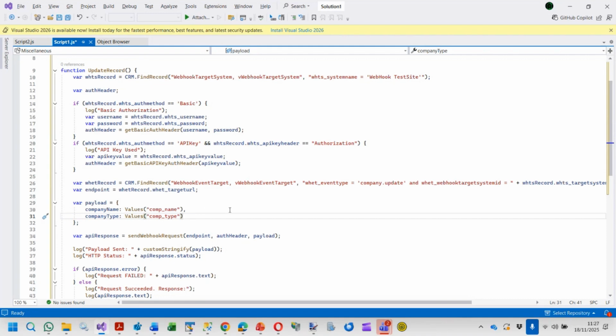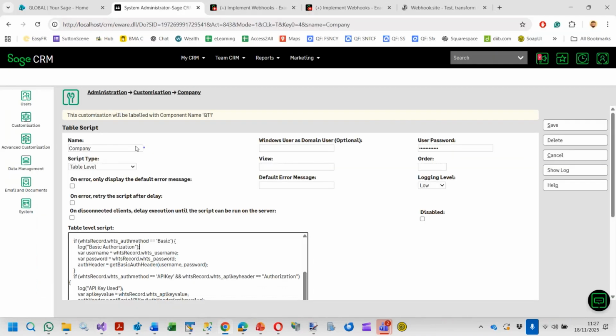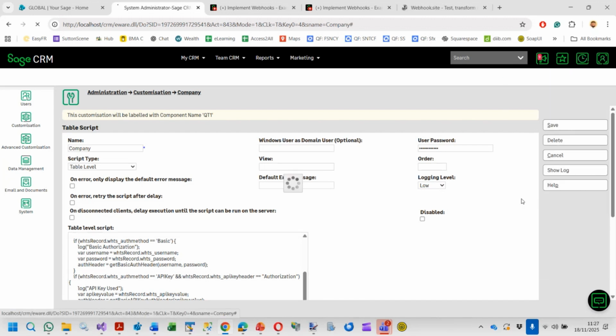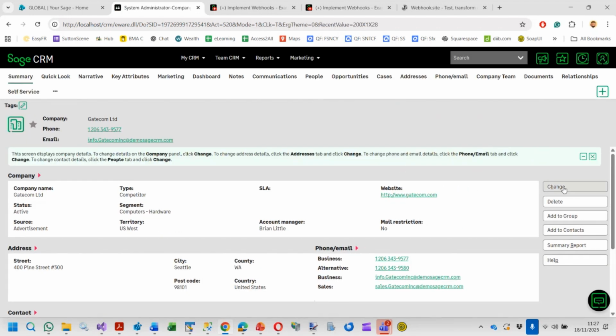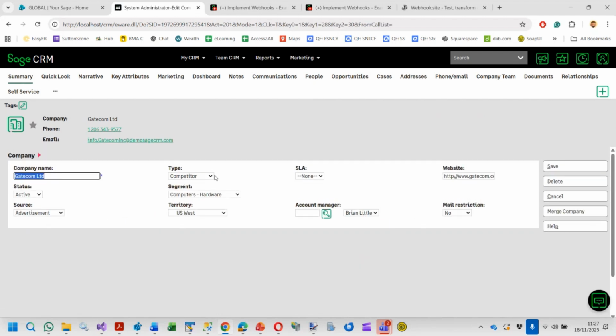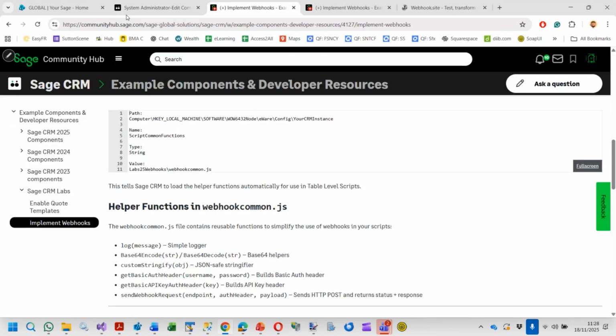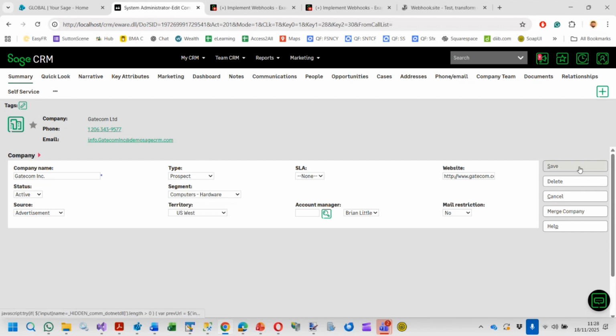So I should now be able to change something inside CRM. If I go back onto the company, let's go back into Gatecom, and if I change Gatecom from being Gatecom Limited to Gatecom Inc., and I change its type from competitor to a prospect, we should then be able to see that reflected over here on this site. It should pass that through. So if I save now,